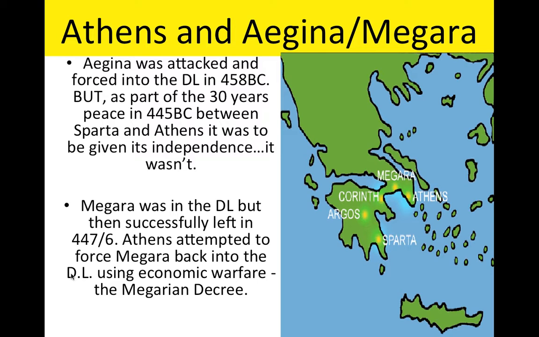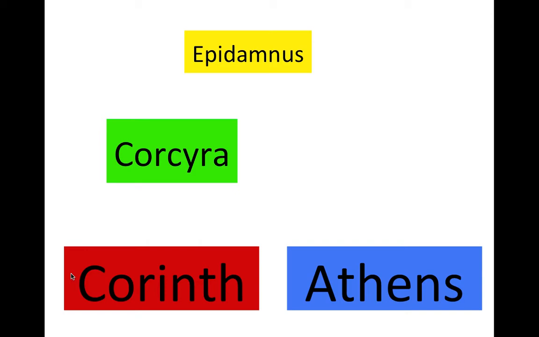Now, we've got Aegina, we've got Megara, but the real straws that break the camel's back are Athenian interference in Corcyra and Potidaea. In particular, Corcyra. Corcyra, a colony of Corinth, had its own colony, Epidamnus. They had a dispute. Corinth sided with Epidamnus. Now, to get back at Corinth, Corcyra decided to side with Athens. The Corcyran ambassadors suggested to the Athenians that if they combined their fleets, they could have an unstoppable fleet together. So Corcyra was welcomed into the Athenian Empire.